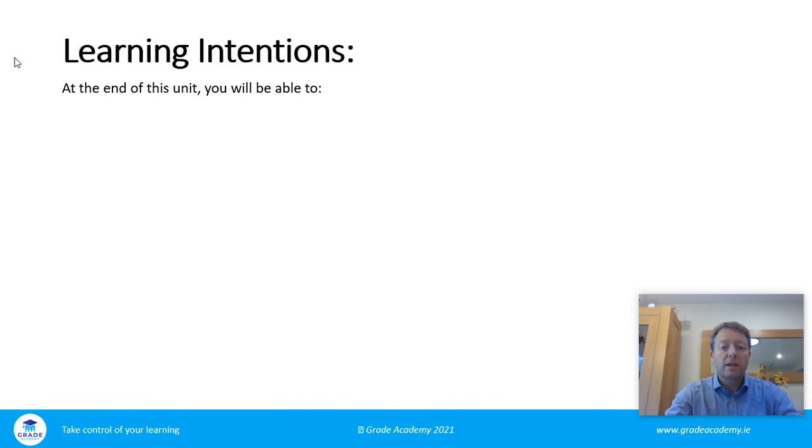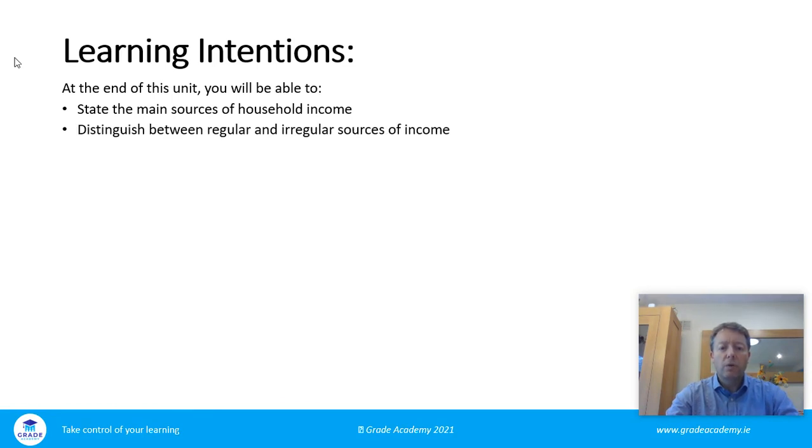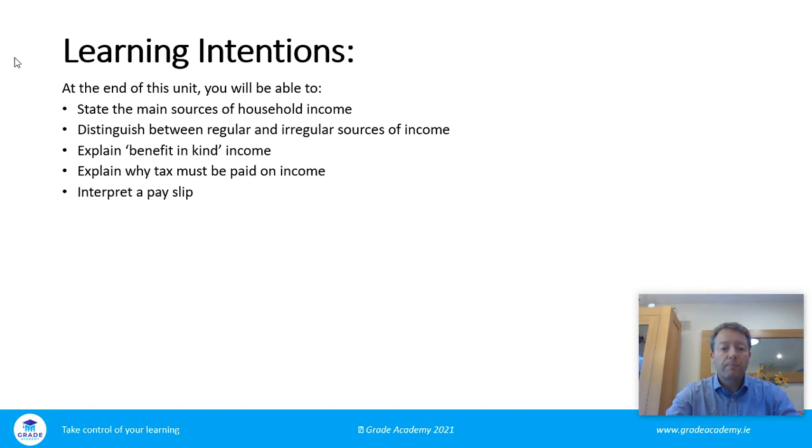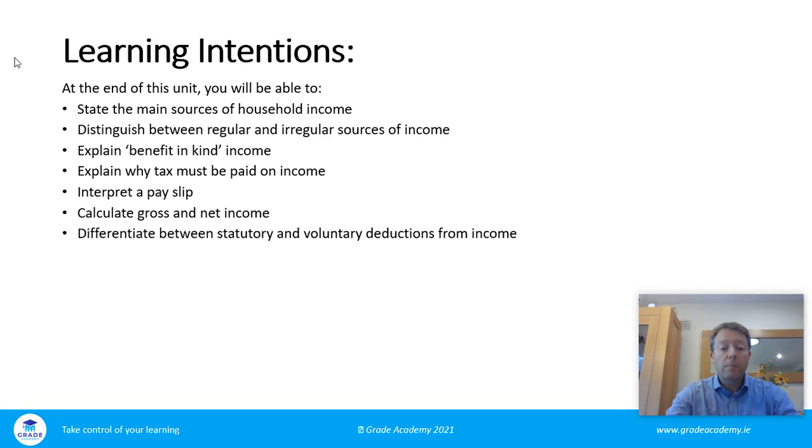There are a few learning intentions for the unit. At the end of the chapter, you will be able to state the main sources of household income, distinguish between regular and irregular sources of income, explain benefit in kind, explain why tax must be paid on income, interpret a pay slip, calculate gross and net income, differentiate between statutory and voluntary deductions from income, differentiate between disposable and discretionary